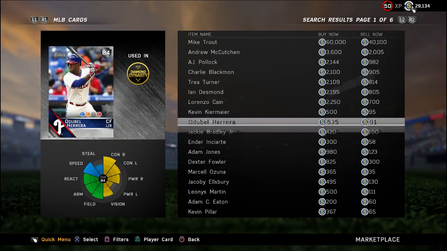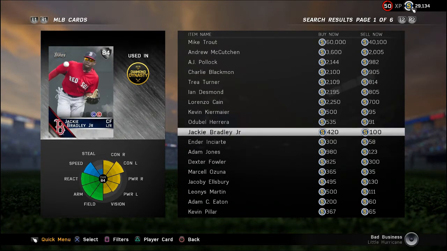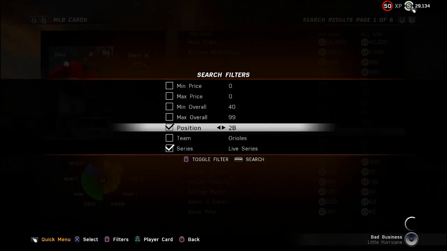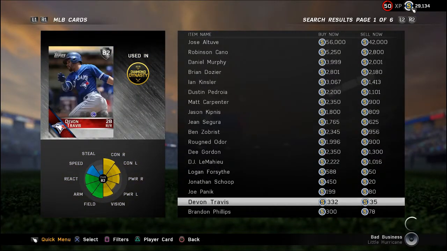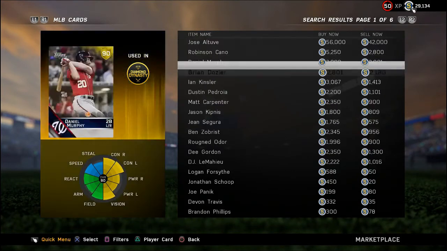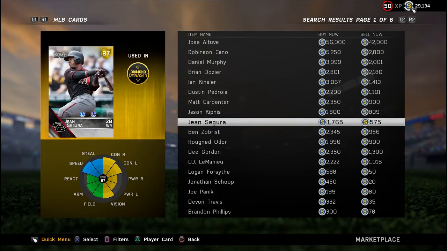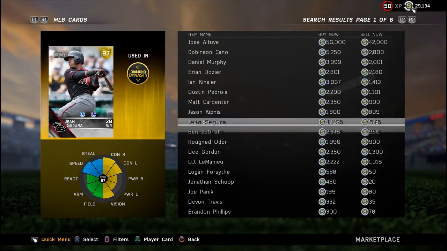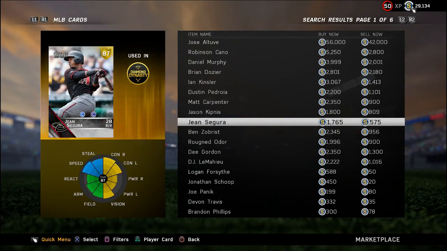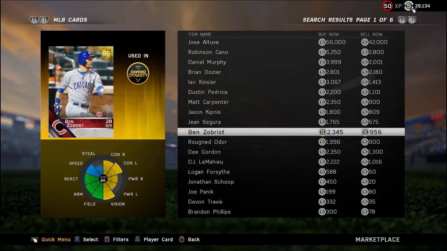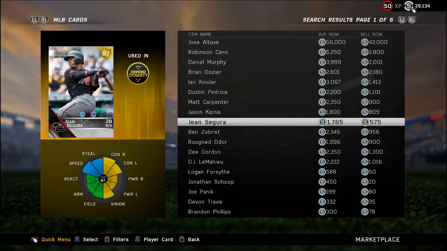A good example of a successful investment is Gene Segura. There were a lot of people last year who were sold that Gene Segura, because I think he was like an 83 overall at the time, was going to get a bump to gold, and they invested in him, and it took a long time to pay off. He didn't go up for a long time. But those guys who had 200 Gene Seguras, whenever they did eventually upgrade him,